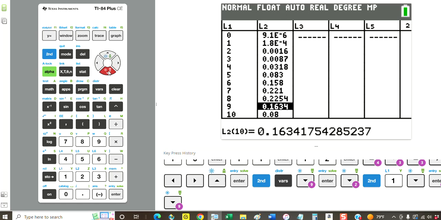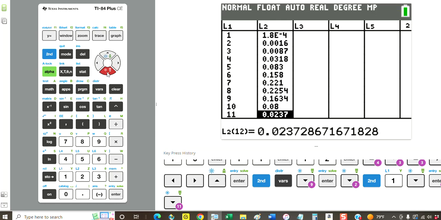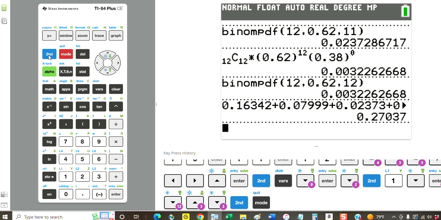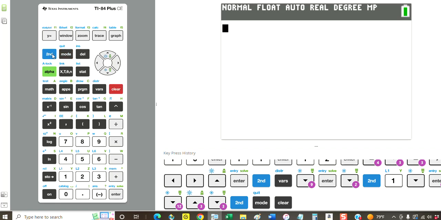this is the probability of 9 of the 12 using their cell phone. But be aware, that's L2 of 10 because it's in the 10th row of this list. And the probability of 10 is in the 11th row, and the probability of 11 out of the 12 is in the 12th row, and the probability of 12 out of the 12 is in the 13th row. Basically, if I want to add up that value plus that value plus that value plus that value, because they're in the 10th, 11th, 12th, and 13th rows respectively, I would go back to my home screen and find